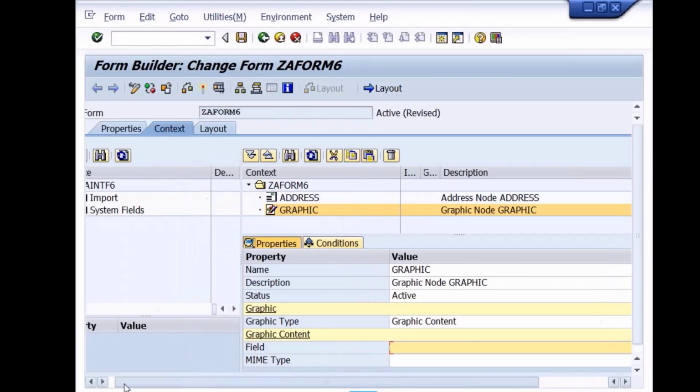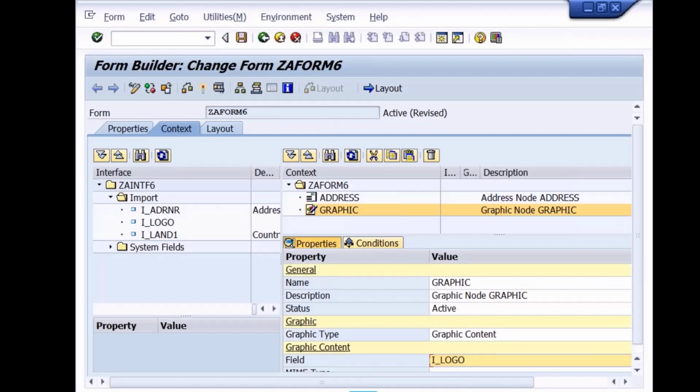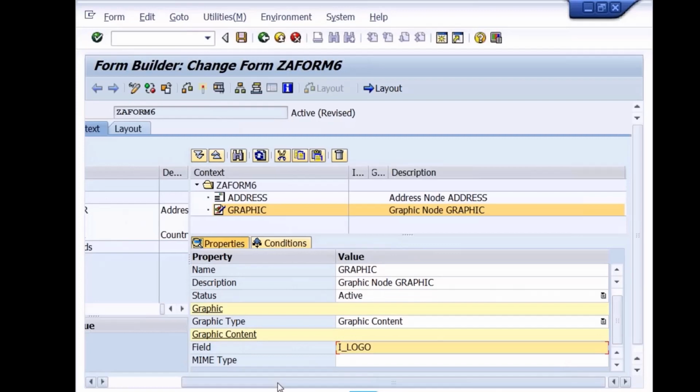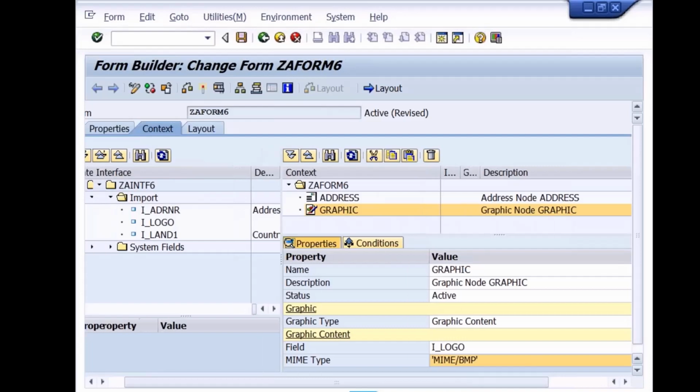What is the field which is carrying that? What is that? I underscore what? Logo. So here I'll give the parameters what? I underscore logo. In SC78, what kind of images we are going to upload? Bitmap, na? Bitmap. So MIME type you have to give it as what? BMP, or you can give like this also. Directly BMP or MIME slash what? BMP. Anything is fine. Okay, MIME slash BMP or only what? BMP. Done. Save it. Is it clear?